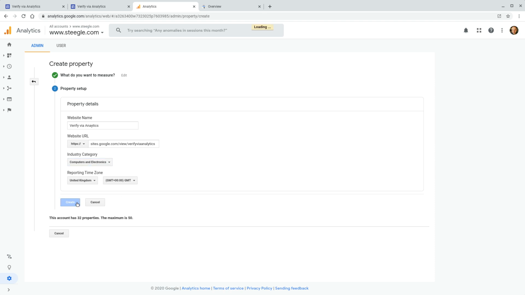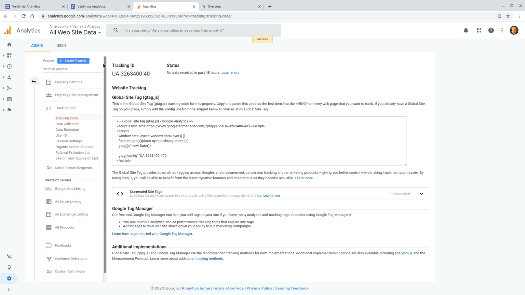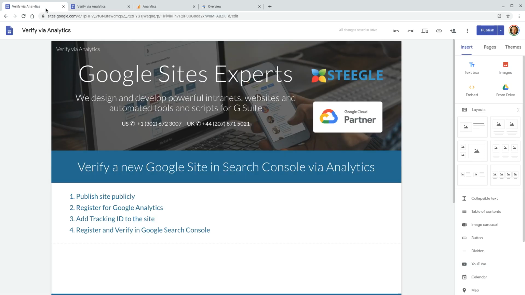Click on create. This will have made the property for us, and in doing so, you get the tracking ID at the top of the page there. It's the UA followed by the numbers and dashes. This is what we need. We need to copy this tracking ID, jump back over to the site, and once back in your Google site